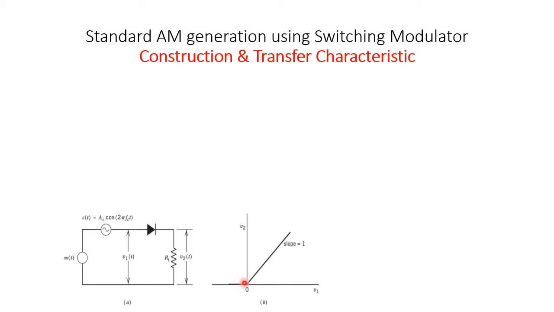In this modulated output, you can see this is the transfer characteristic, which is exactly the piecewise linear approximation of an ideal diode. We have assumed the cut-in voltage to be such that if the voltage at the P side of the diode is slightly greater than 0, it will start conducting. That is the circuit. But for this to give us a standard AM modulated output satisfactorily, it should satisfy some constraints or conditions.